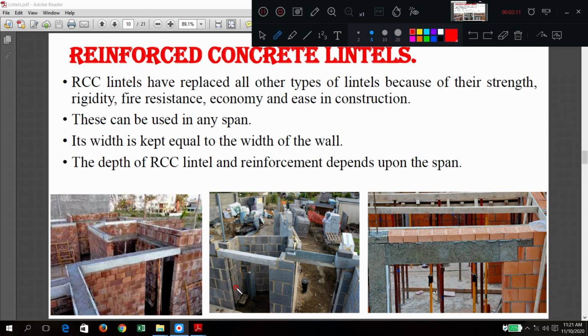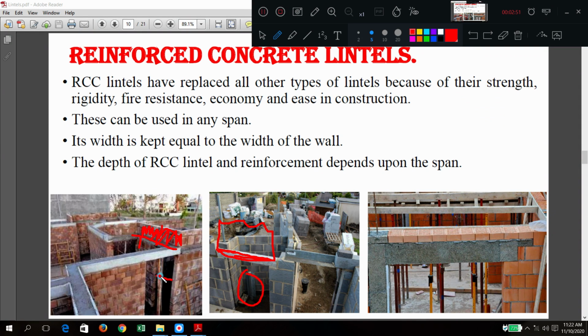Okay. Now can you see? By definition, what we have understood is that a lintel or arch is provided wherever there is an opening below. This is one typical, I think it is a bathroom. This is a passage. So wherever an opening is there, above that a lintel will come. After construction there may be another wall coming above. So this is the lintel, and above that there is a wall, no? Yes, it is the wall here. So what is the function of lintel? Lintel will transfer this load to the walls at the sides.